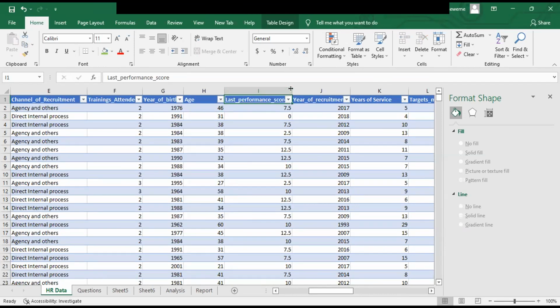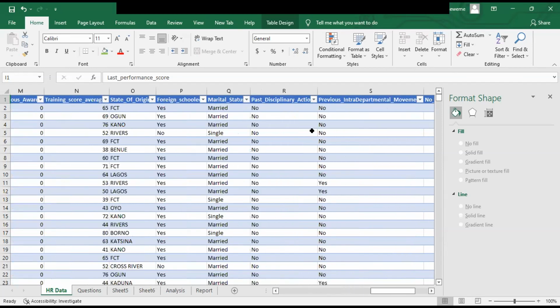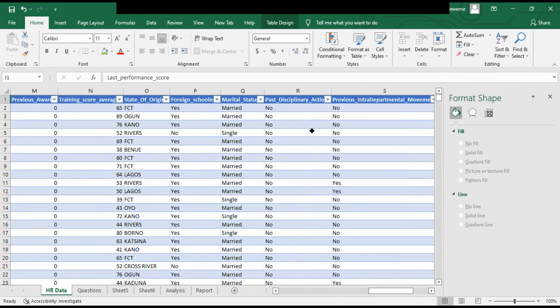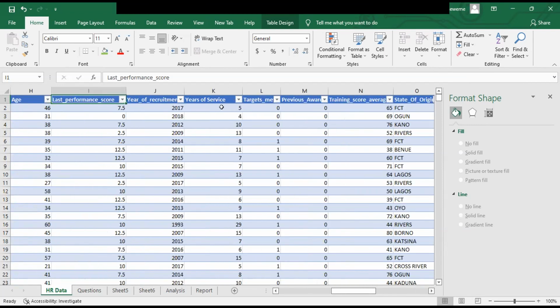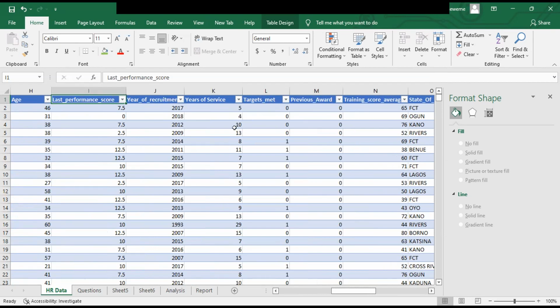For example, do they have anything about who leaves, the turnover? Is there anything about turnover there? No. Disciplinary action, years of service. Again, you can also analyze performance, even promotion. You can even analyze promotion by...